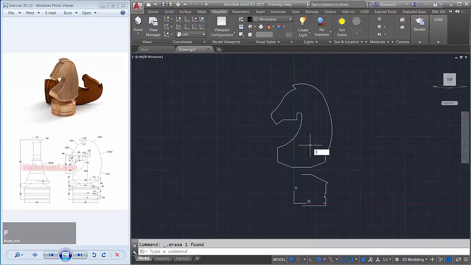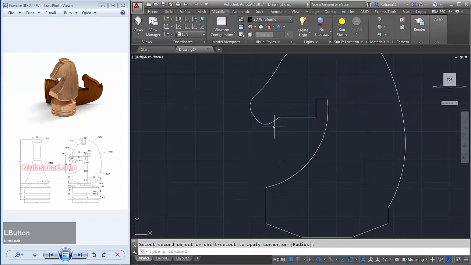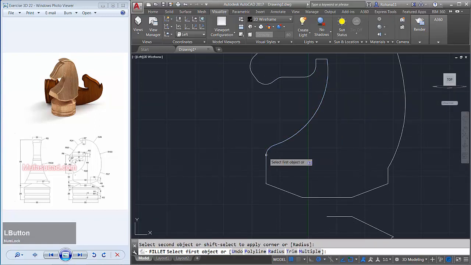Okay, I will fillet it with a radius about 5. You can select at this corner, and then we fillet it multiple at this point. Okay, this point in here, and then in here. Next we fillet it in here, and we fillet it in here. Okay, enter again to finish. We fillet it again with a radius about 35. You can fillet it at this point, and then fillet it at this point.